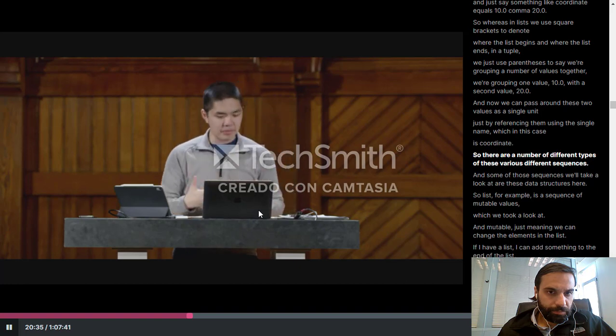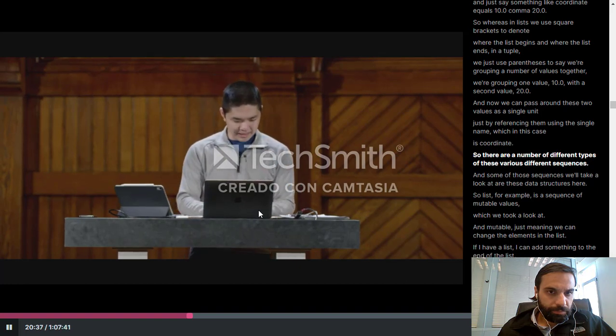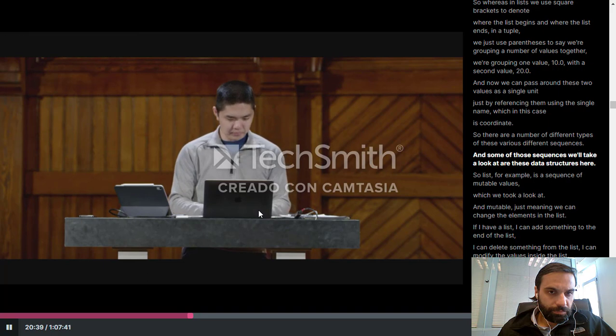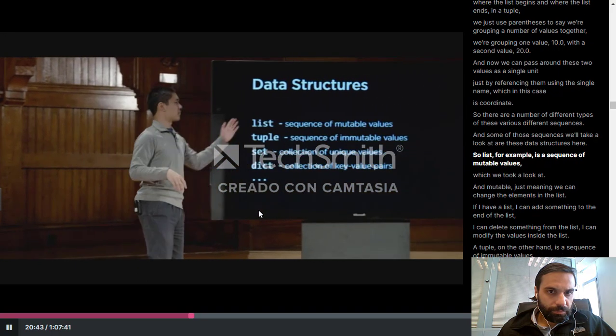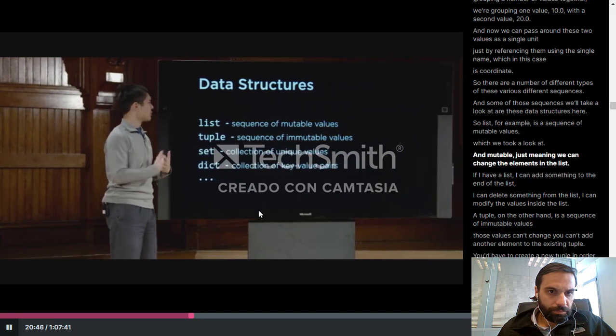So there are a number of different types of these various different sequences. And some of those sequences we'll take a look at are these data structures here. So list, for example, is a sequence of mutable values, which we took a look at. And mutable just means